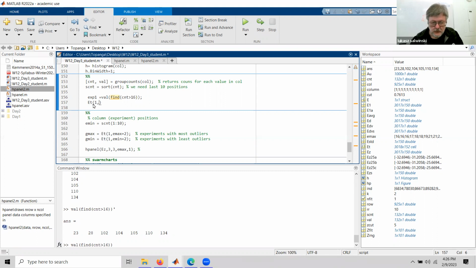We're gonna look for what's in exp1, but we want to add 2 because the first 2 columns are with the text, so we want to start with the third column, so we're gonna do +2. Okay, and if we run this piece of code, Control Enter,